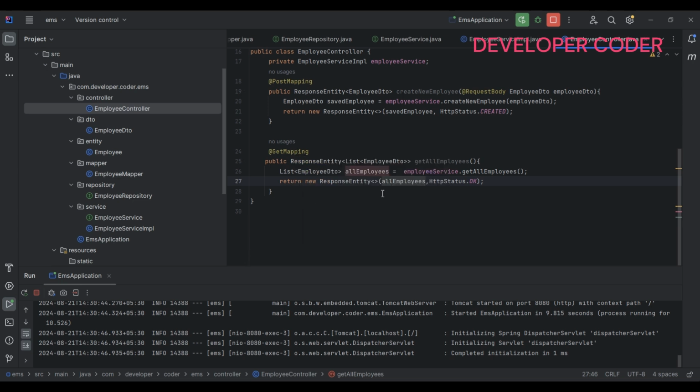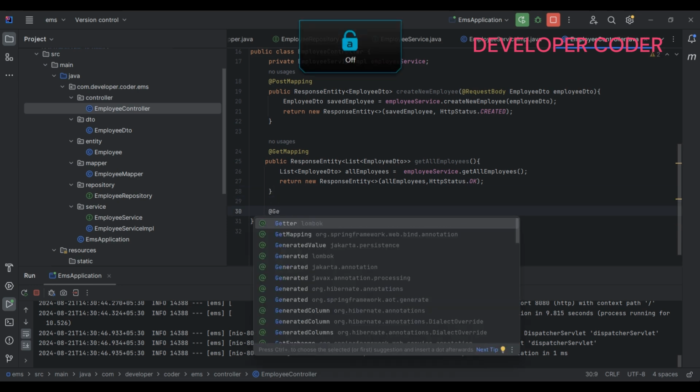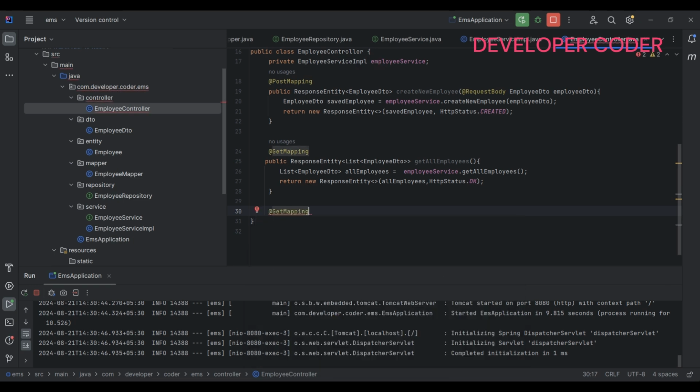Same way, now let's suppose I want to get the employee by their ID. I want to get this particular employee, I want to see the data of employee 2. So here again let's write one more @GetMapping, and inside this I'm going to write ID, just like this. After that, inside this I am going to write public